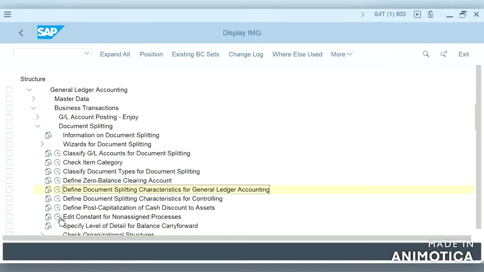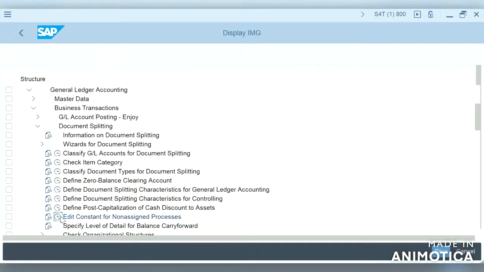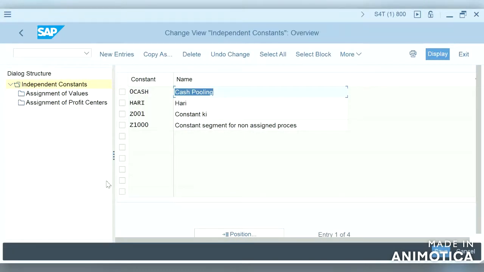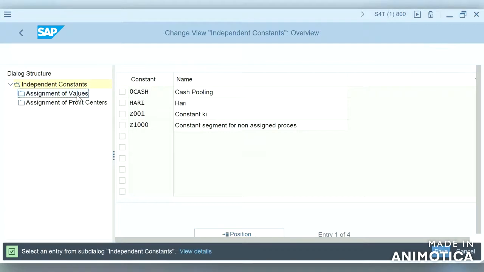Edit constant for non-assigned processes. So in this step, the constants are defined, which help to assign the default account assignment when it is not able to derive from any of the sources. Independent constants, assignment of values.